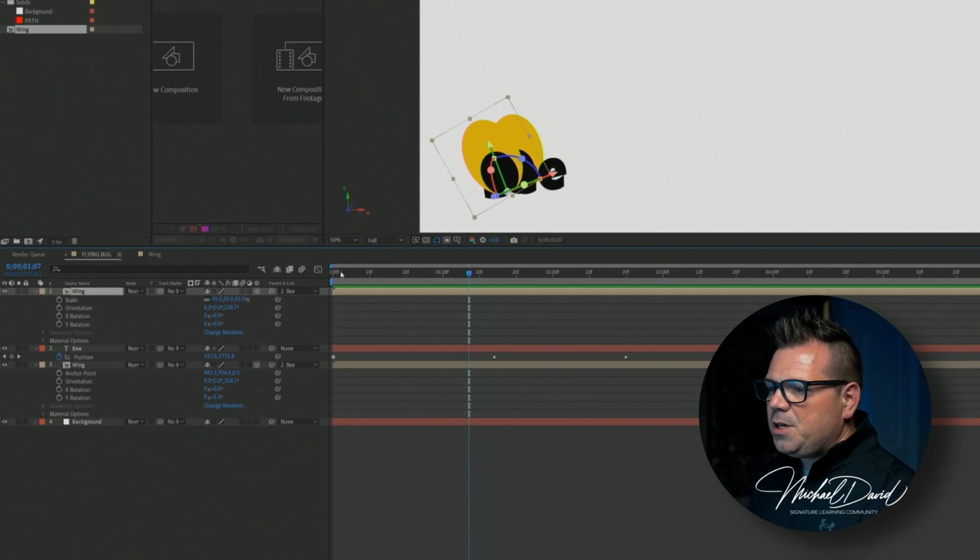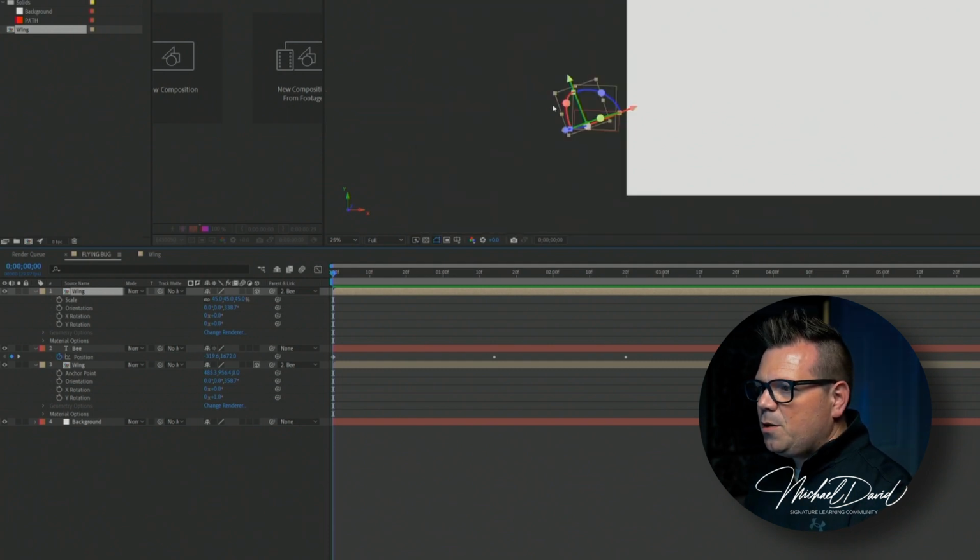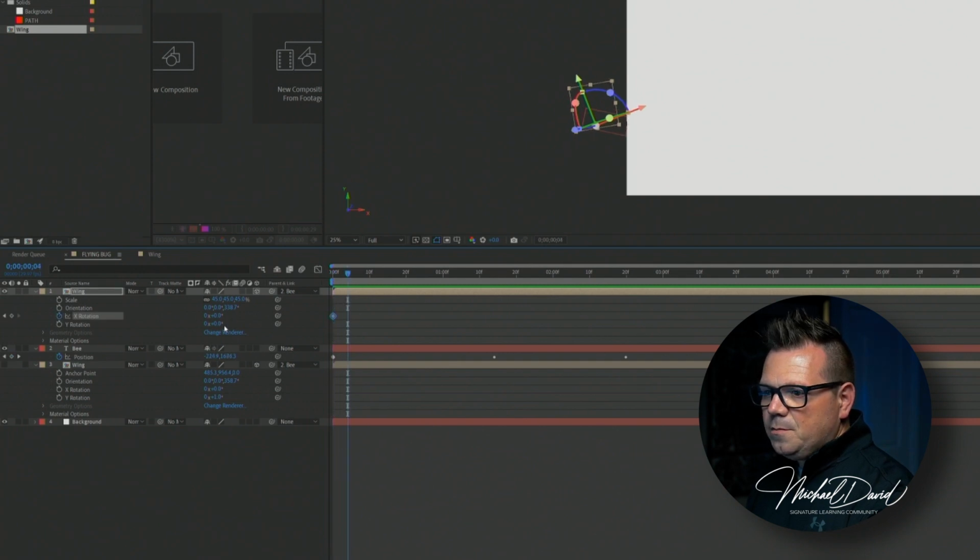Pretty simple, actually. We're going to create a few keyframes. So if I zoom out a little bit, there we are, and we're looking at this one wing. In fact, I'm going to shut off the other part for now, so all we're looking at is that wing there. Now I want to adjust my X rotation, which is the red axis here. I'm going to start with the X rotation and make a couple keyframes. And I'm going to drop that down to